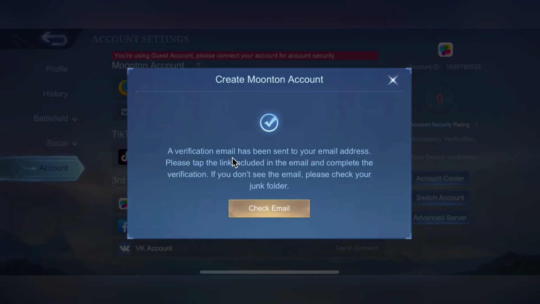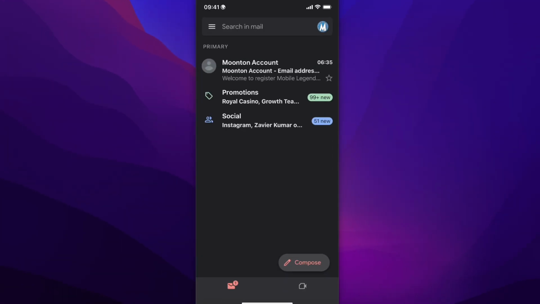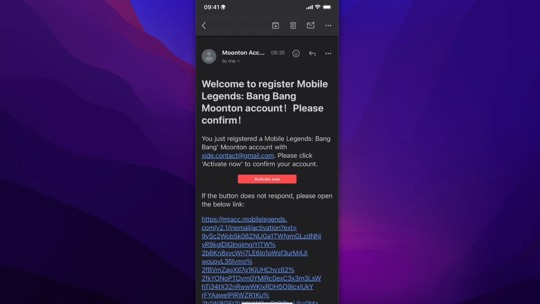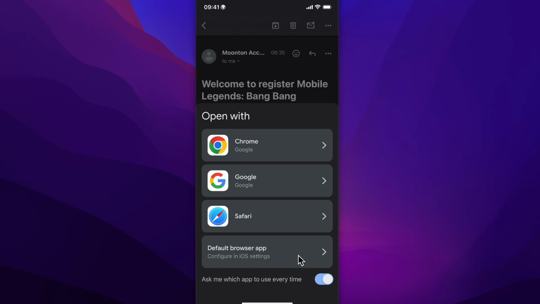So as you can see, a verification email has been sent to your email address. Please tap the link included in the email and complete the verification. So simply tap on check email. Now when you open your email, you're gonna see something similar to this. So all you have to do is simply tap on activate now and then simply choose any browser,